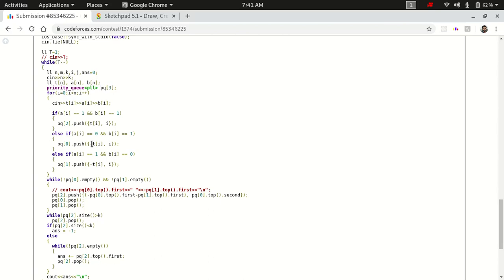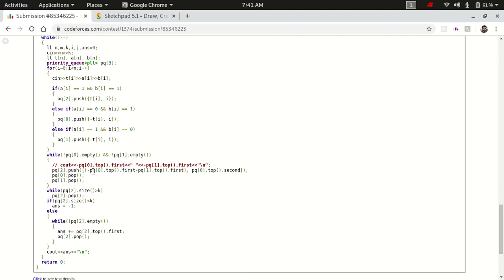So I have negated each value so that the order gets reversed and the minimum value will be at the top. For example, if I have 2 points 1 and 5, negative 1 will be greater than negative 5, so I will get the minimum value at the top by itself.